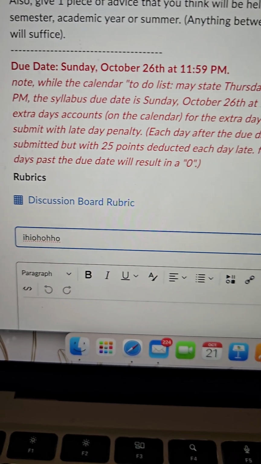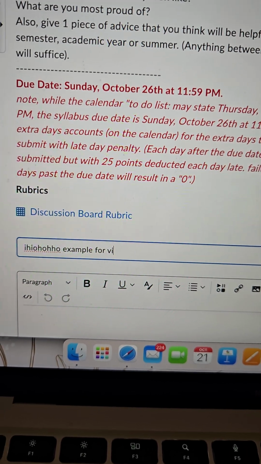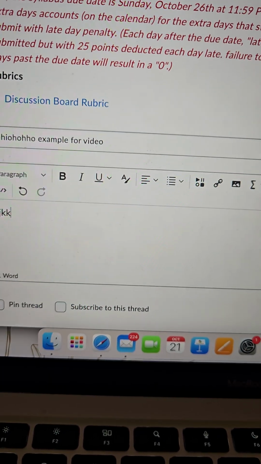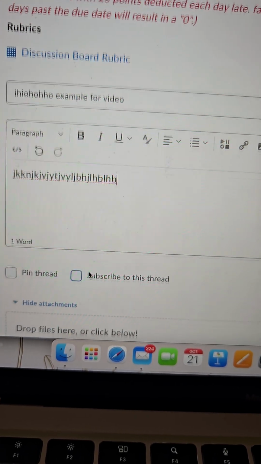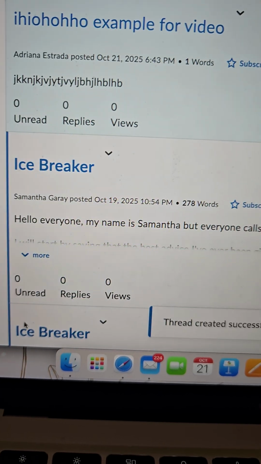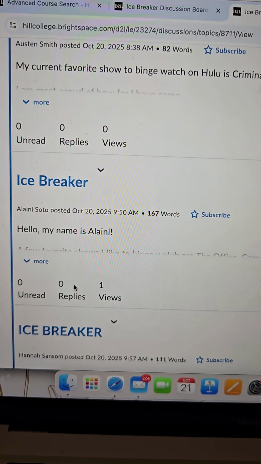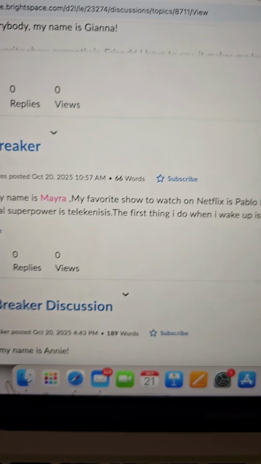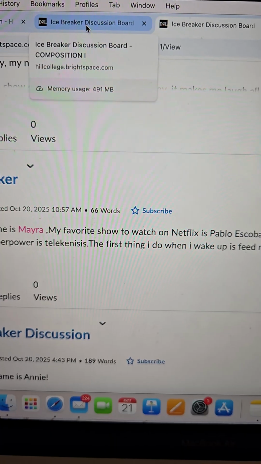And this is just my example for the video. And so if you're watching this later on, you'll be able to see this and wonder why I wrote random stuff. And so this is simply in real time what I'm doing. And I am going to go ahead and post. If there are additional threads in the folder, lo and behold, a few people have already welcomed themselves in. So I appreciate that. I appreciate that very much. Okay. So I can exit out of it, or I can just quickly go back to my original tab where